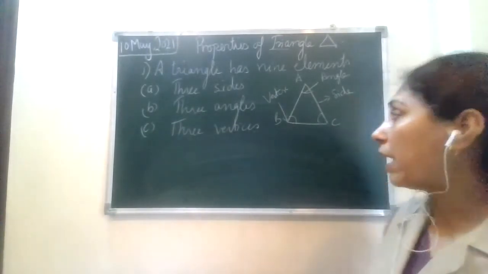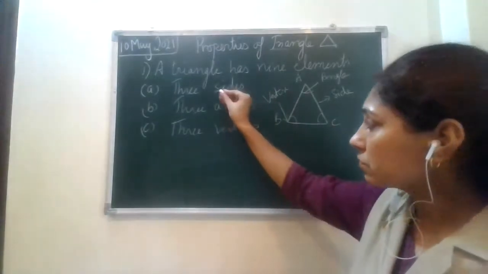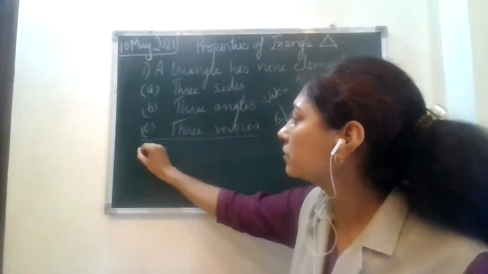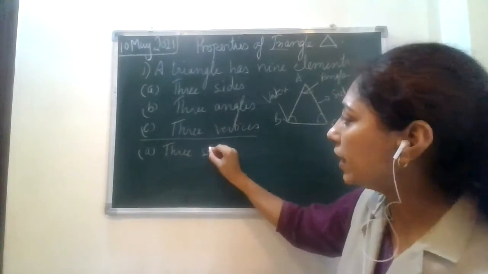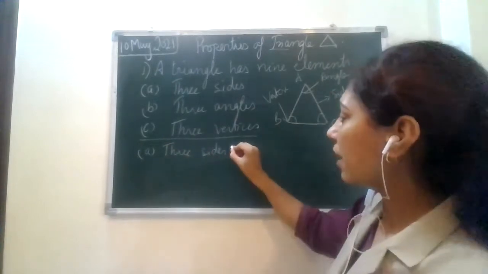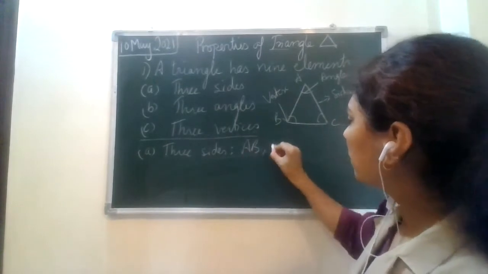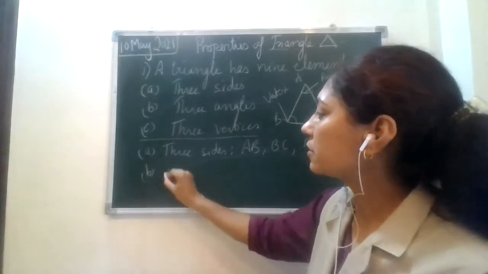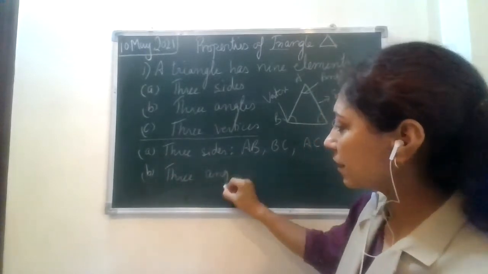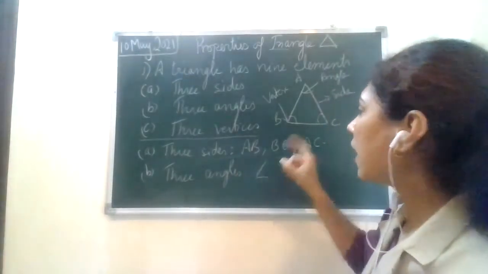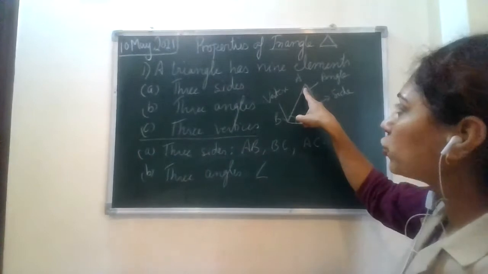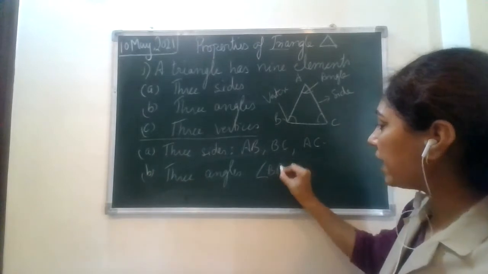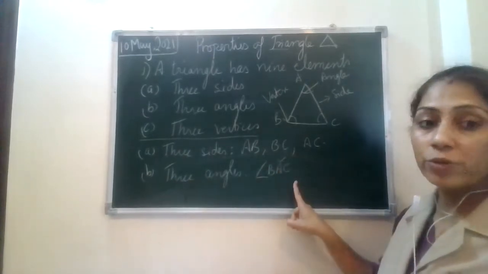Generally students get confused. I'm going to name the sides, 3 sides. I'm writing 3 sides. You can name the 3 sides as AB, BC, and AC, right? 3 angles. I'm writing 3 angles. This is an angle. How to name the angle, you must know. When you're referring to A, the angle should come in between. I'm writing BAC. I'm referring to angle A. Okay, this is the way to write, not to get confused.